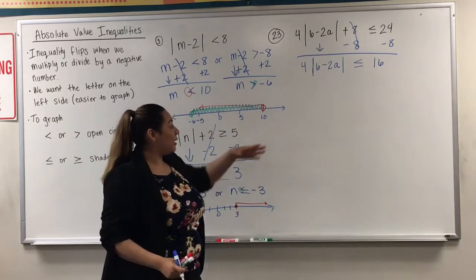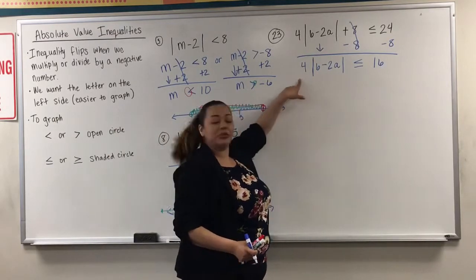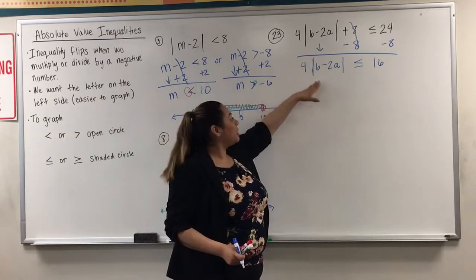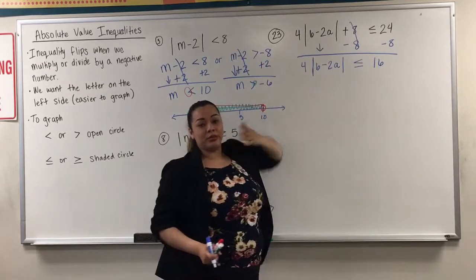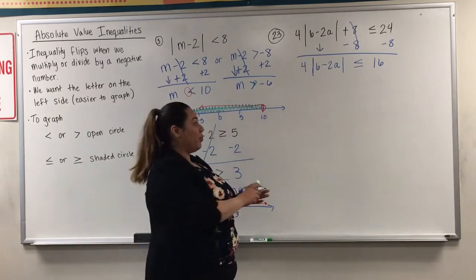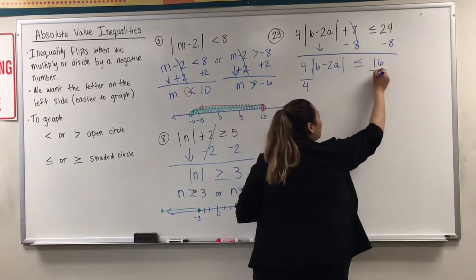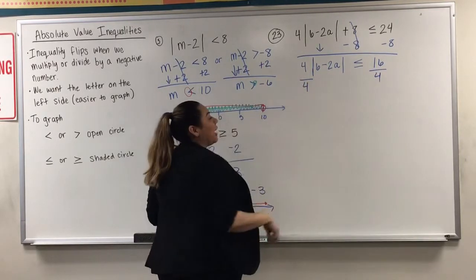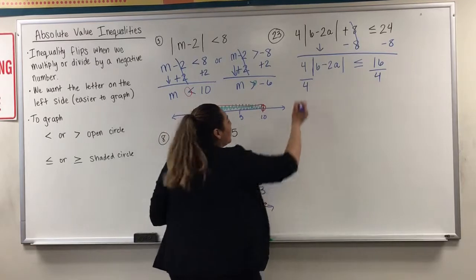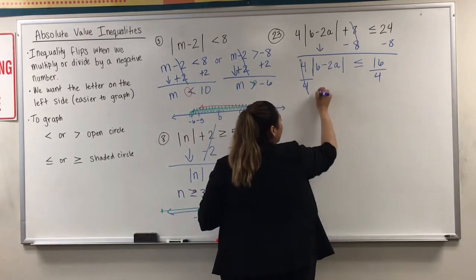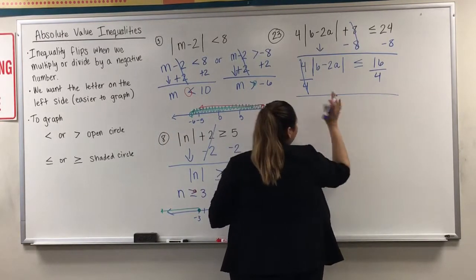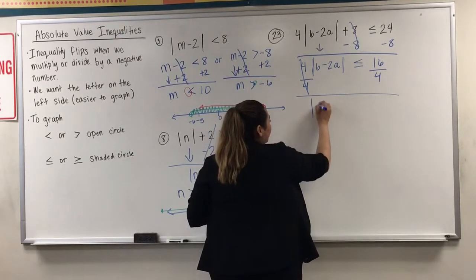We still can take out the absolute value because we still have the 4 right here. A number next to anything like that with nothing in between means multiplication. Opposite of multiplication will be division. Remember, fraction means division, so we're gonna divide both sides by the number that's on the outside because that's what we want to get rid of. So the 4 absolute value, I'm gonna just draw a line so we have our new absolute value inequality